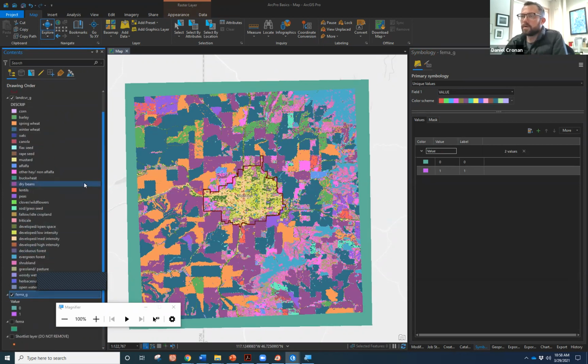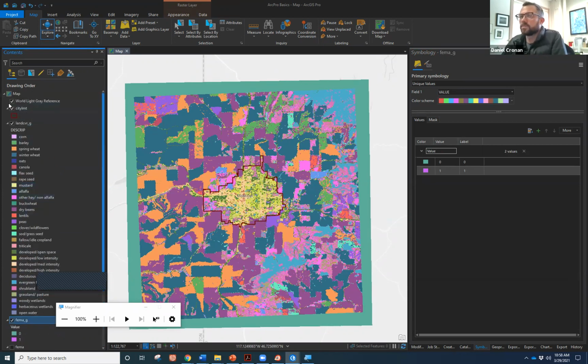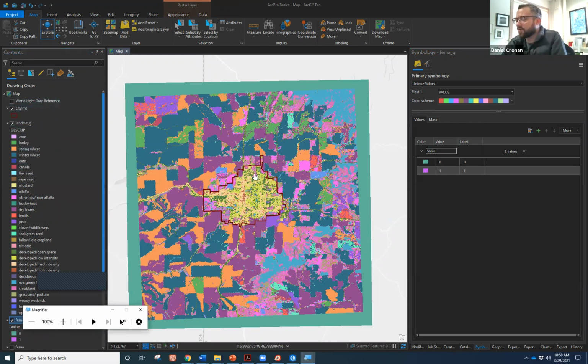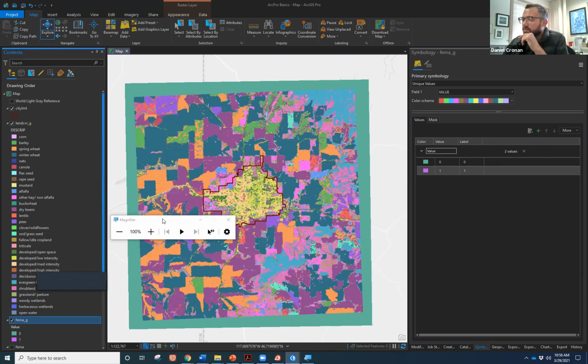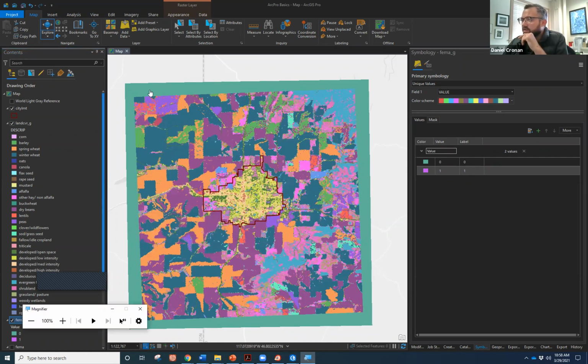Okay, cool. Now something that I want to showcase here is how to add these data types together in binaries. So what I want to do is produce a binary map that's consistent with my floodplain data, right? But I just want this to be open space inside of the Moscow city limits, or inside of this rectangle here. So before I run any raster analysis, I have to perform something called setting the environments,